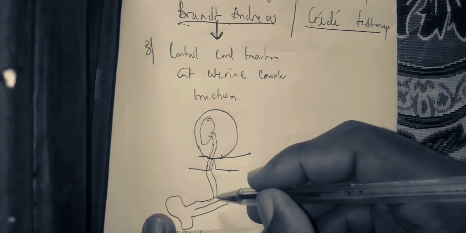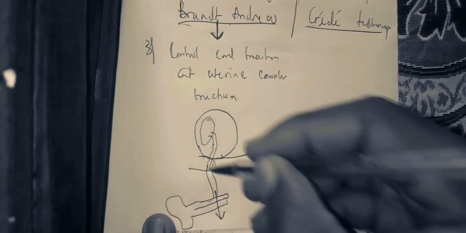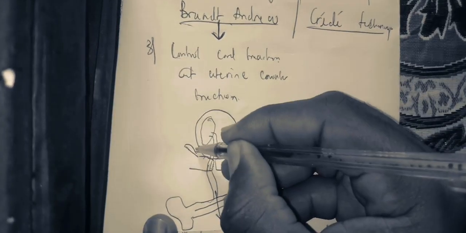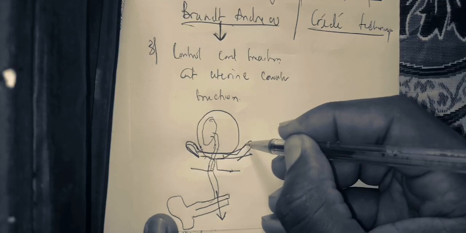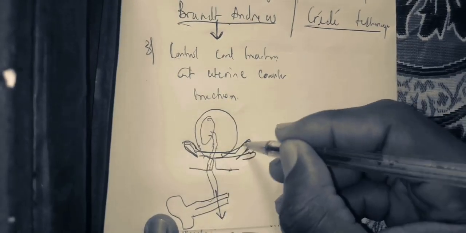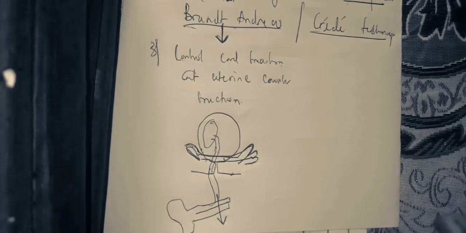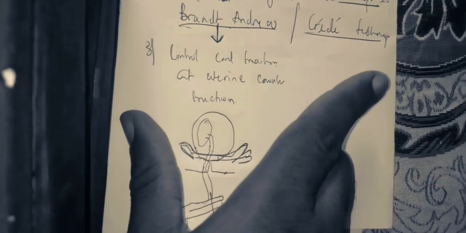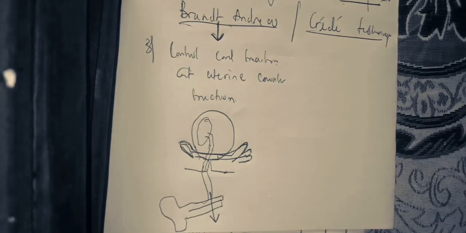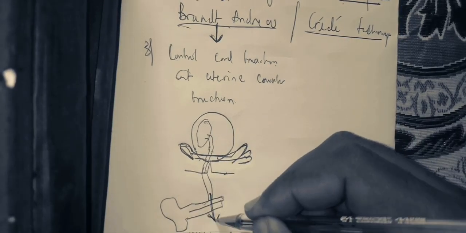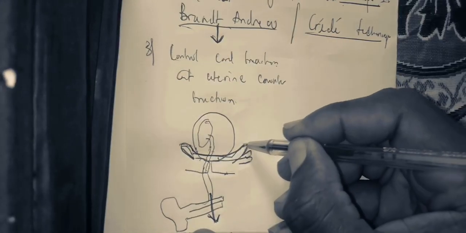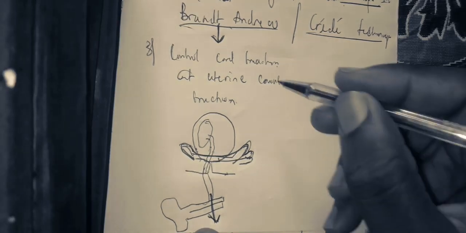So you do a controlled traction. You traction here, and then you place your fingers in such a way that it should be like this. Here is your thumb, and these are your other fingers here. Is it clear? You place your thumb here, and you place your other fingers here. So you hold in this way. And then you pull with your other hand down here. So that's why this is a controlled traction. You pull the cord down, and then you place your hand to do a counter uterine